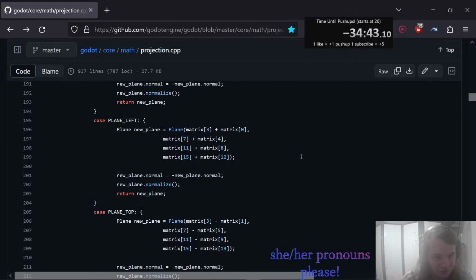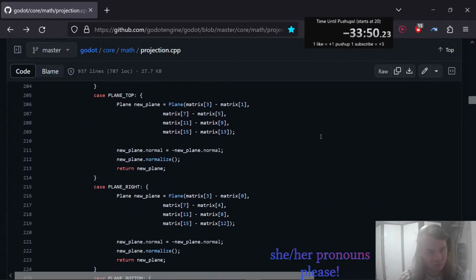case PLANE_LEFT: { Plane new_plane = Plane(matrix[3] + matrix[0], matrix[7] + matrix[4], matrix[11] + matrix[8], matrix[15] + matrix[12]); new_plane.normal = -new_plane.normal; new_plane.normalize(); return new_plane; }